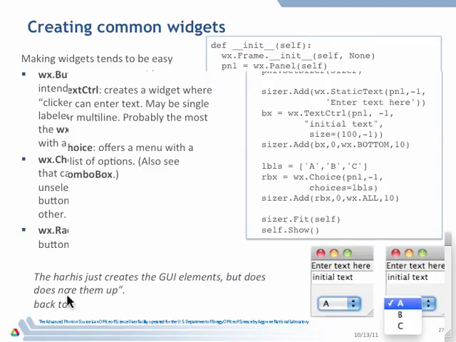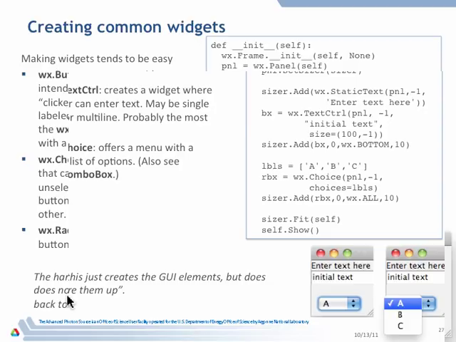okay, another couple things that you may want are, we saw the static text where you put a label on. You almost certainly will want at some point a text control. A text control puts a box where we can type stuff in. Again, at least at this stage with this level of code, where does that information go? How do I get to it? Right now I can't. But we'll talk about what we do to get that. And then finally,